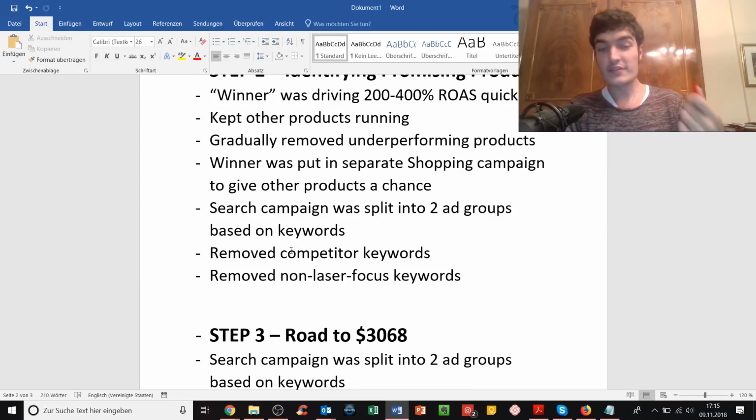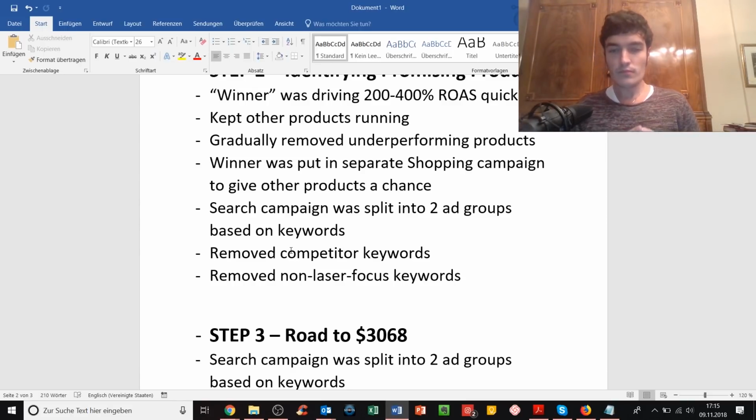And the first thing is that the search campaign was split into two ad groups based on keywords. What this means is, I ran this search campaign all the time with just one ad group. And what I realized when I looked at the search inquiries was that most of our search queries were basically within one of two categories. And because I only had one ad group, I was grouping all of them together in this one single